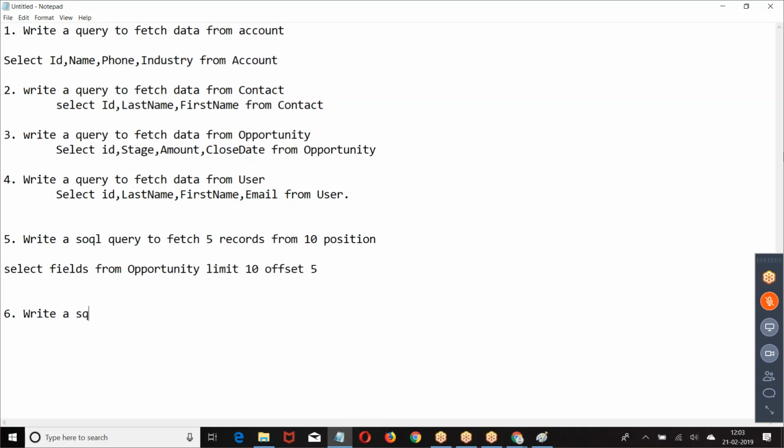Provide a SOQL to fetch the last 10 accounts created.